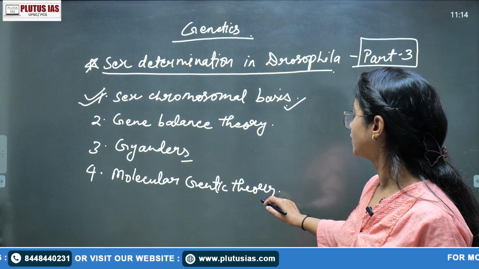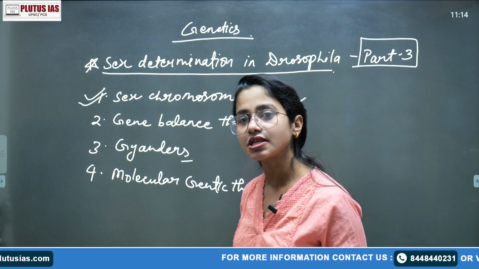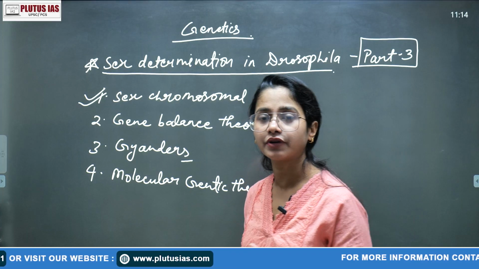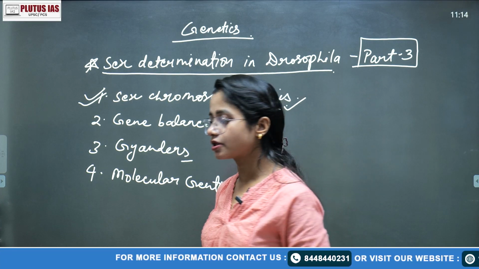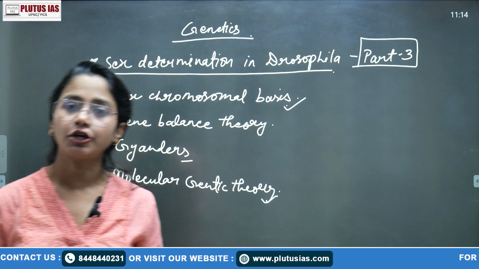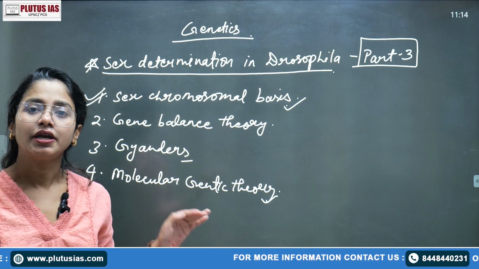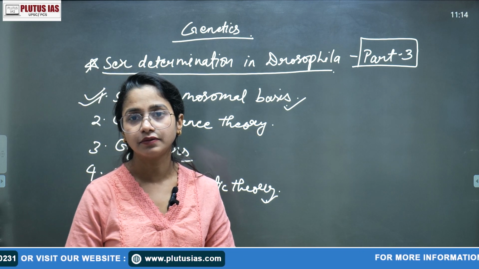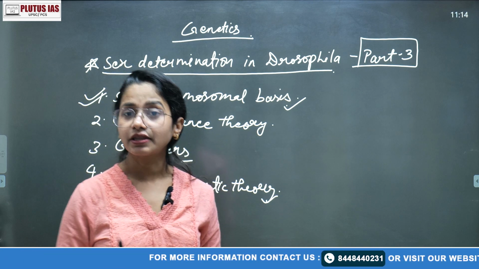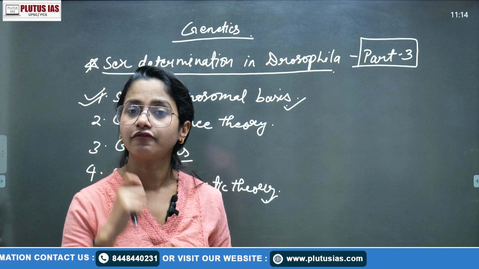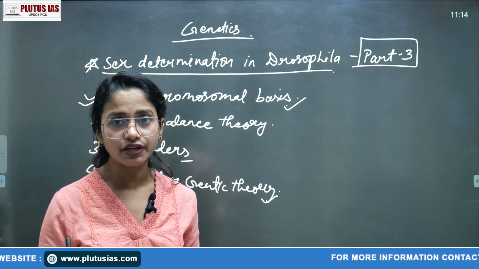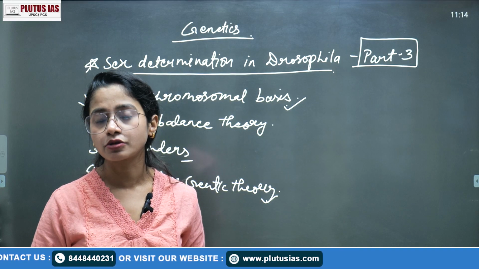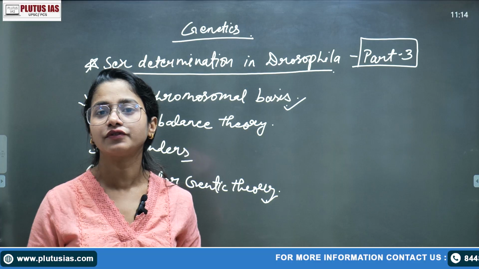Then the molecular genetic theory is a proper separate thing, about whatever genes are involved, such as if we talk about sex determination in humans, right? In humans we talk mainly about the basis of the chromosome. In the 23rd pair of chromosomes, this is the difference between female and male: in the male there's heterogametic XY, while the female has XX homogametic. But this is not only about the chromosome, right? The Y chromosome is actually made up of DNA, or better to say chromatin, which forms the chromosome. And chromatin is the condensation of the DNA particle.